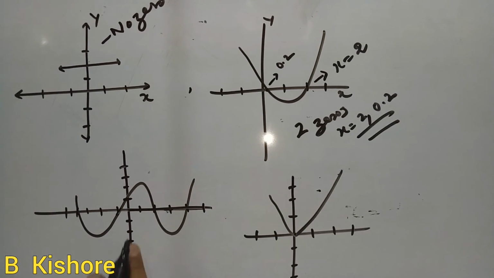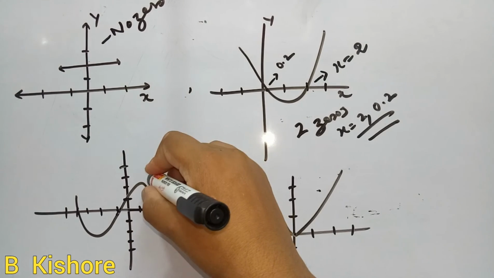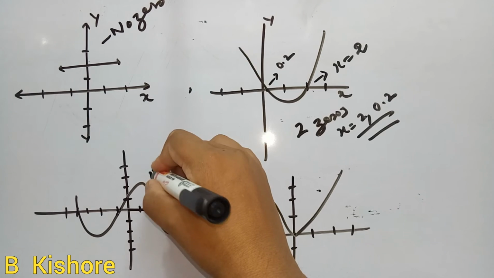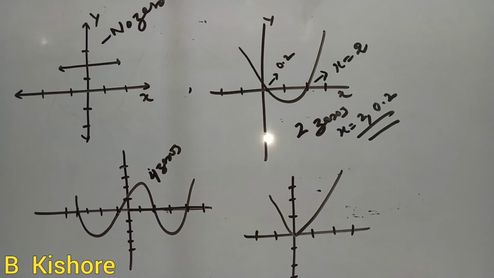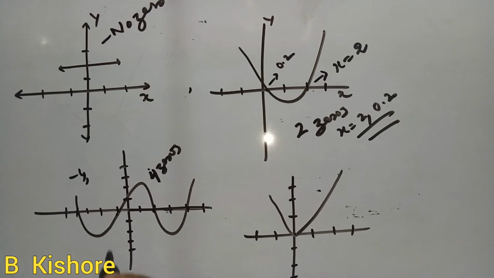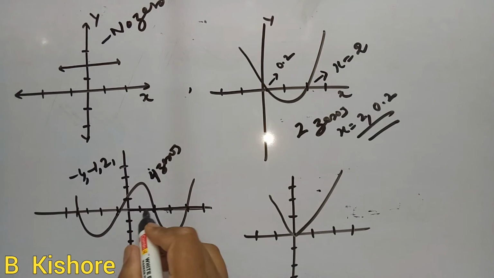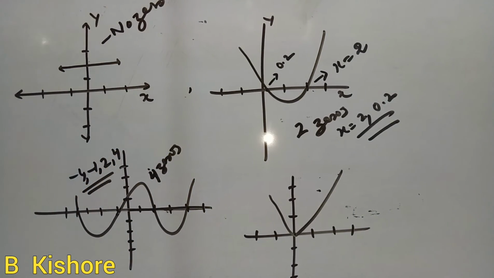Now come to this graph. Okay, in this graph if you see, this graph touches the x-axis at 1, 2, 3, 4 points. So how many zeros are there? There are 4 zeros, right? And what are their values? So x is equal to -4, this is one value of the 0. Then second, suppose this is -1, then this is 2, and this is 1, 2, 3, 4. So these are the values of the 4 zeros.